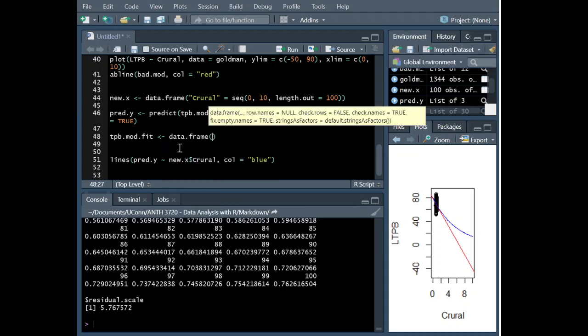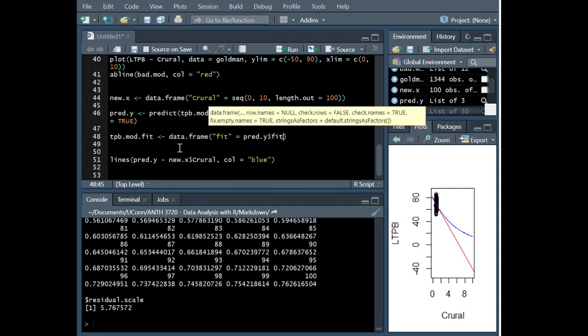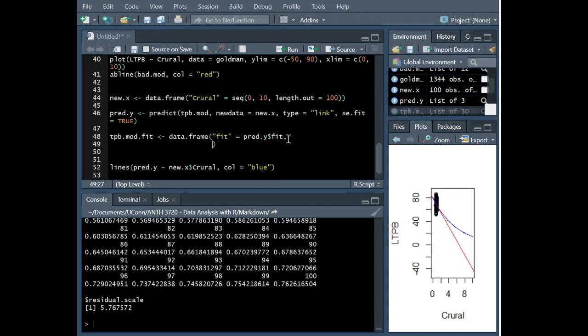So what I do here is I make a data frame, and I say fit equals pred y $fit. So this is going to be a data frame with a column called fit that contains the pred y fit values that we just predicted. I also want the upper confidence interval. So I say, give me upper, and give me the pred y fit, but I want you to add to that